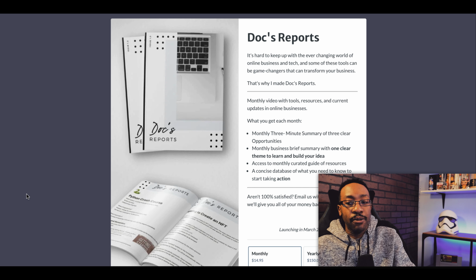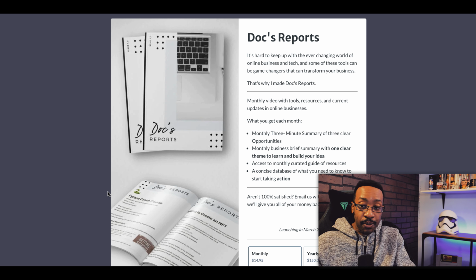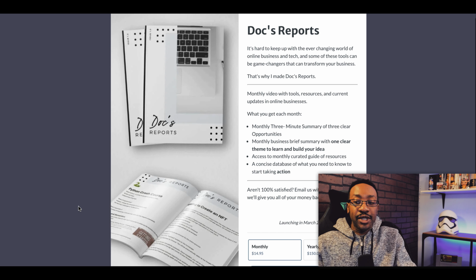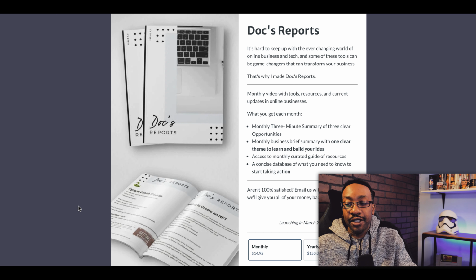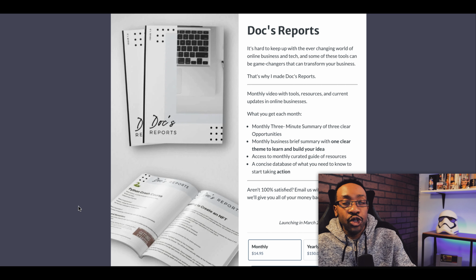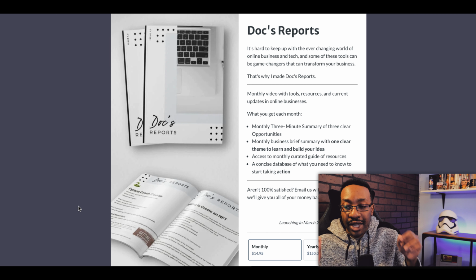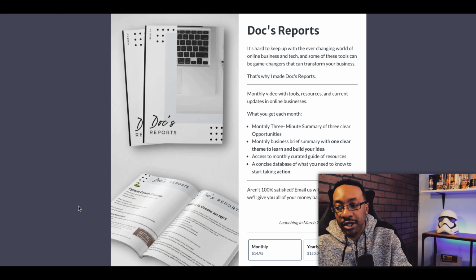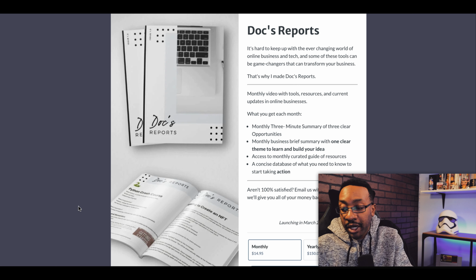Now you can sell products or subscriptions directly from ConvertKit. So once you connect it, if you have a Stripe account, now you can also offer different subscriptions or digital products. Right here, this is our newest product. This is going to be a subscription per month. This is going to be Docs Reports. And this allows me to deliver a very specific type of curated content. Instead of having so many choices, it's a clear theme. You're getting a clear video and what steps you need to take to start making money with your brand or your business. So that is brand new. It's going to be launching very soon, depending on when you're watching this, but it will be out March 2022, but that is Docs Reports.